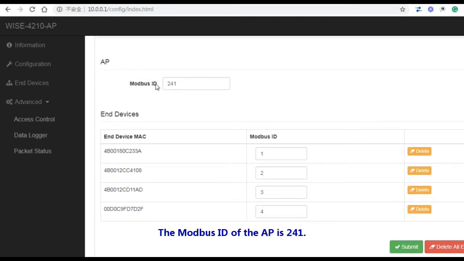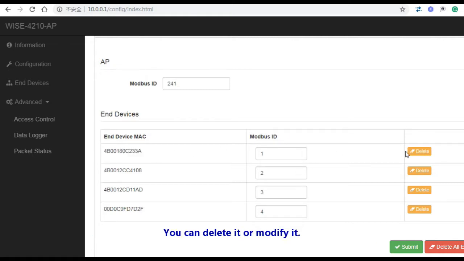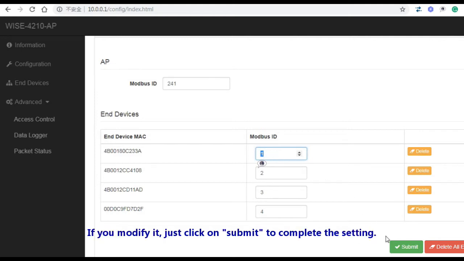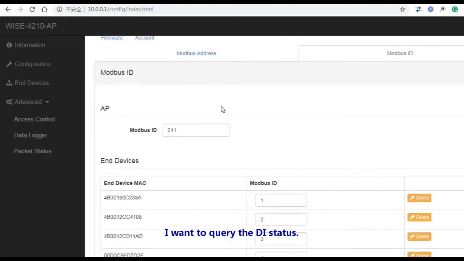The AP Modbus ID is 241. And this MAC address is S251. The Modbus ID is number 1. You can delete it or modify it. If you modify it, just click on Submit. Here I'm setting device ID number 1. I want to query the